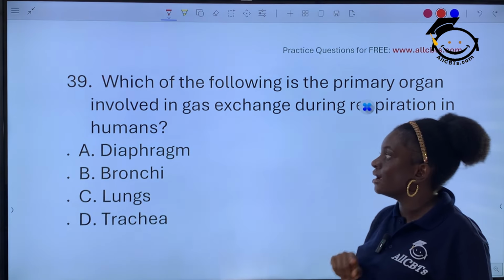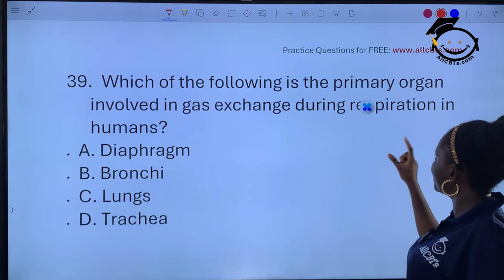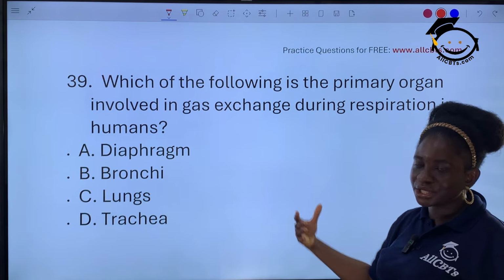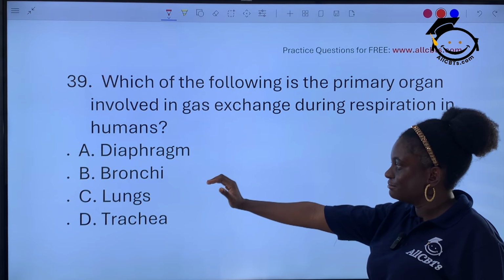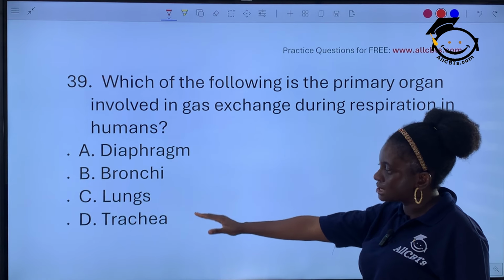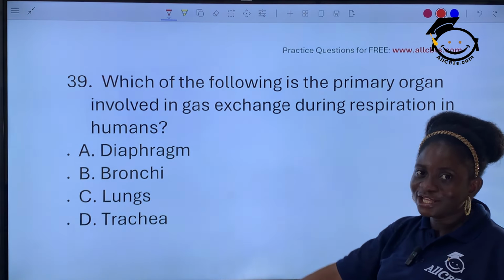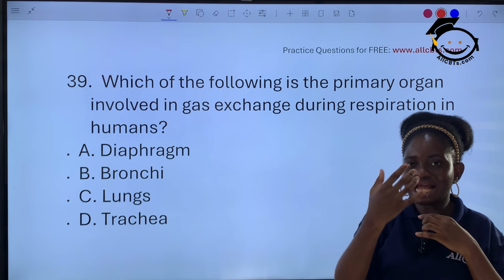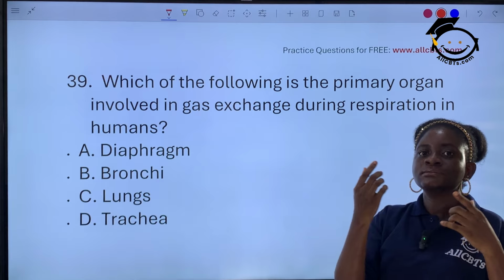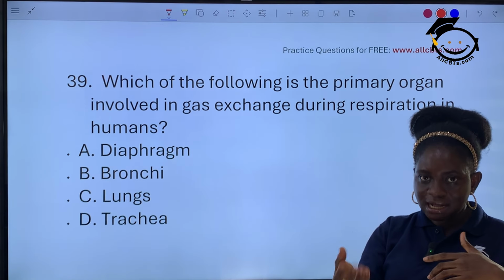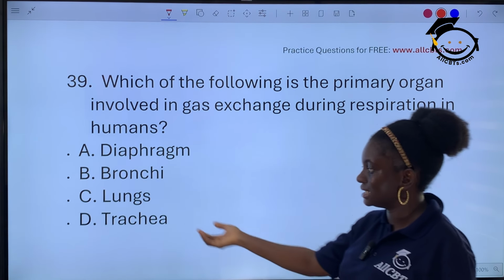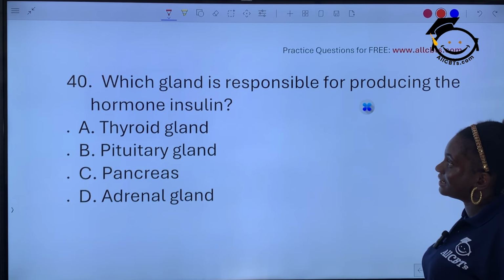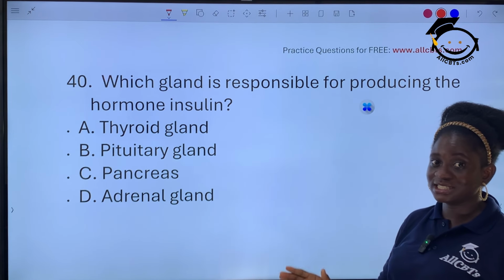Question 39. Which of the following is the primary organ involved in gas exchange during respiration in human? A, diaphragm, B, bronchi, C, lungs, D, trachea. So the main organ that is used for gas exchange, taking in oxygen, releasing carbon dioxide in human is lungs. The correct answer here is lungs. So the last question for this video,